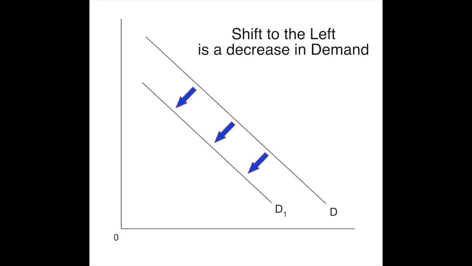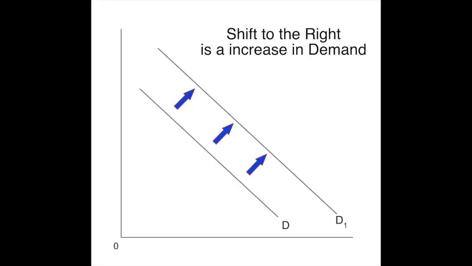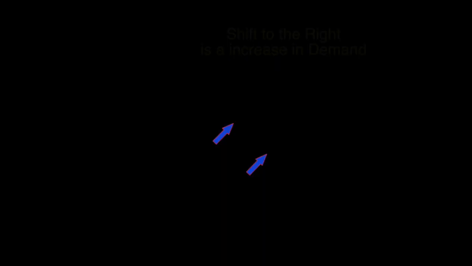If we were to say that the demand curve increases, that's a demand shift to the right, which is the other way. What causes a shift in demand? We call them non-price factors. Basically anything that is not related to changing the price. So if we change the price for a product, we're not concerned with that. That's not going to shift the entire demand curve. The demand curve will only shift if one of these non-price factors is there.